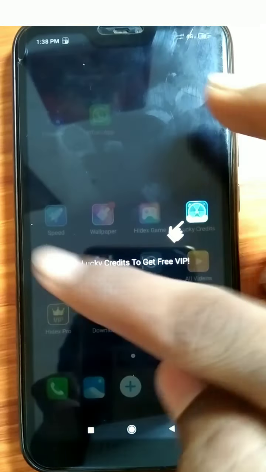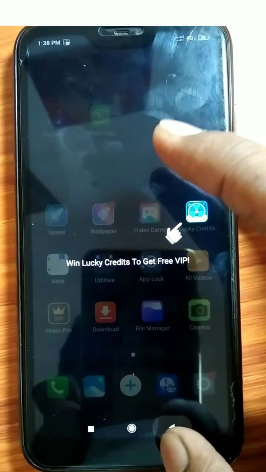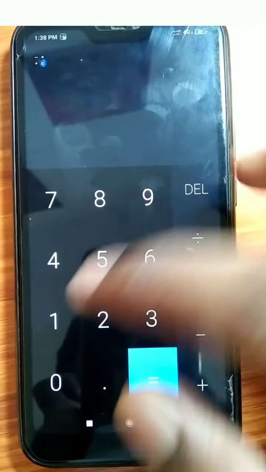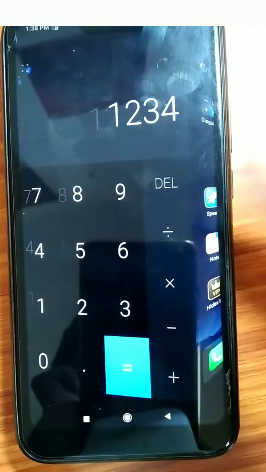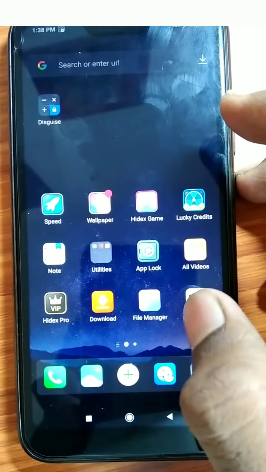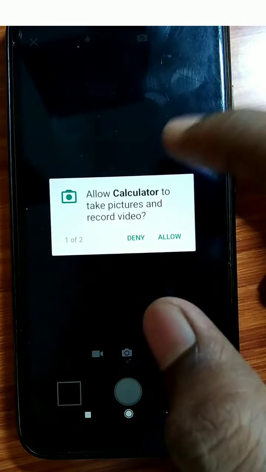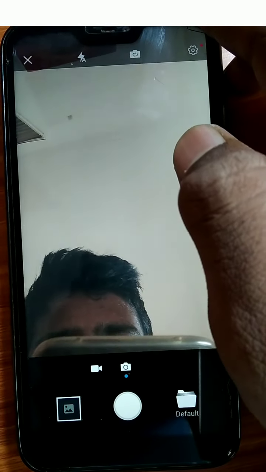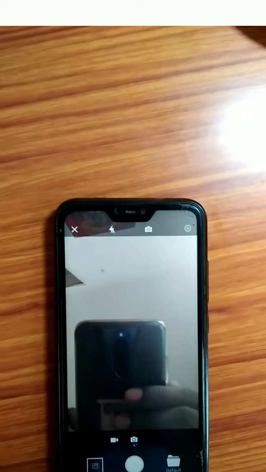As you can see, I entered the calculator app by entering the 4 digits. As I enter the 4 digits, it automatically opens. There are many options you can use. It can be slid like a phone's screens. If you click on the camera, it will capture a photo which will only be stored in this app. It will hide the photos from the real folder. You can take a selfie here too, privately. It has selfie and back camera. You can also click a photo.